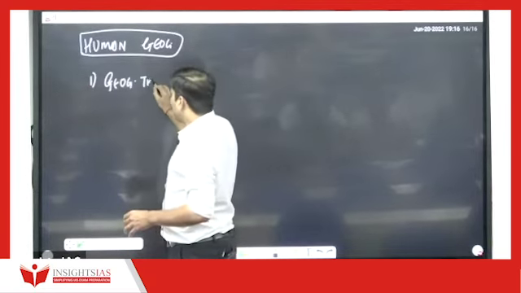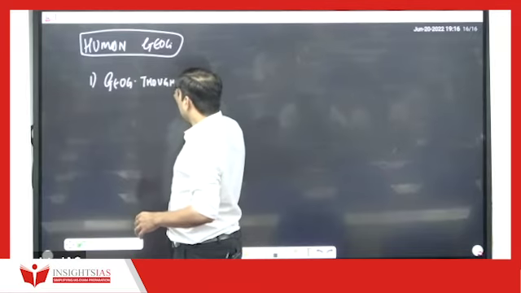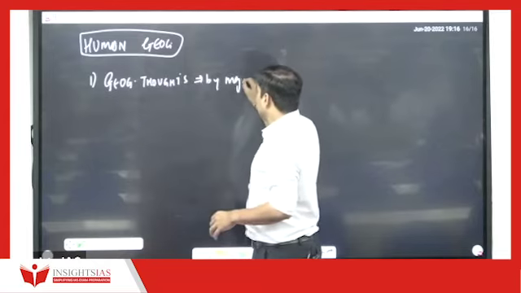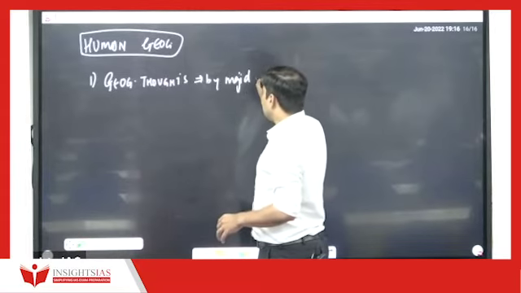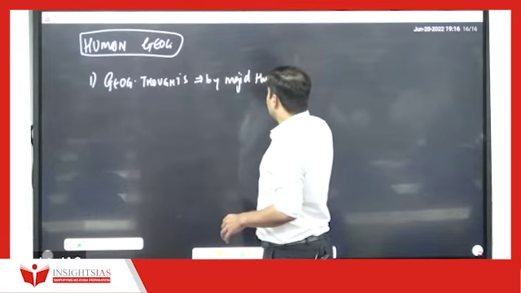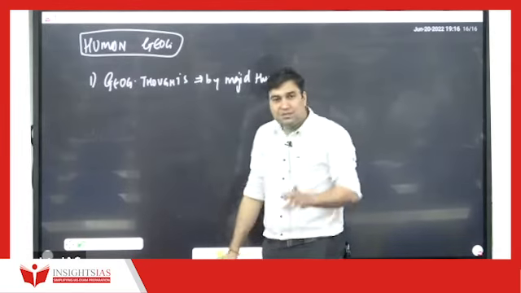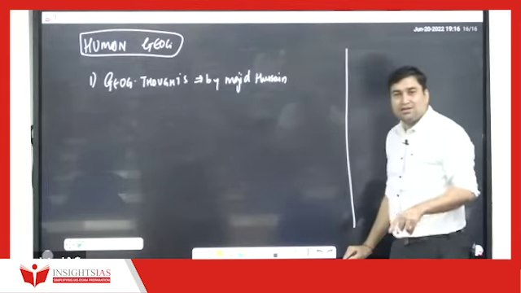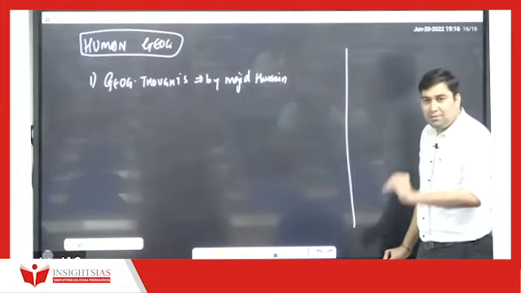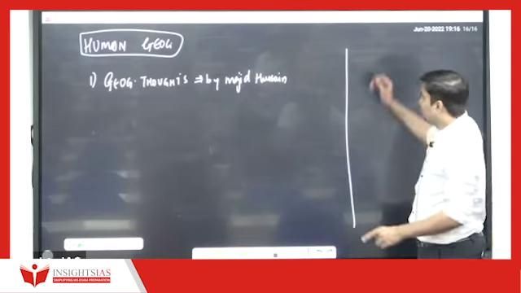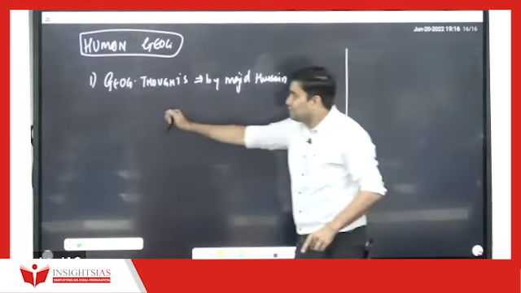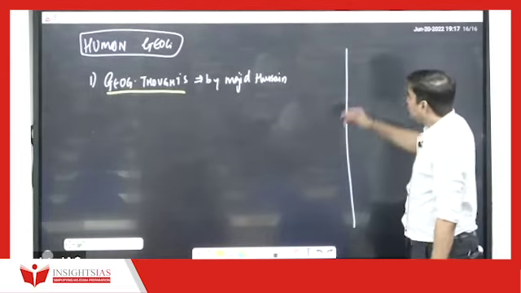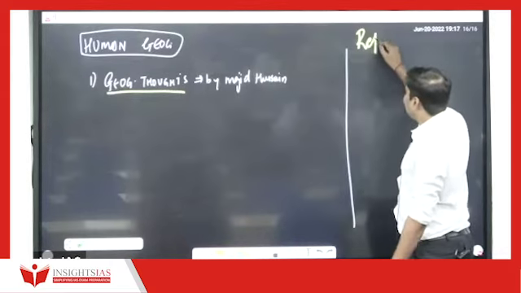Geographic Thoughts by Majid Hussain sir. We studied Perspectives in geography, perspectives in human geography, syllabus paper B chapter number 1. For perspectives, this is the book that you need to refer, Geographic Thoughts. For reference,